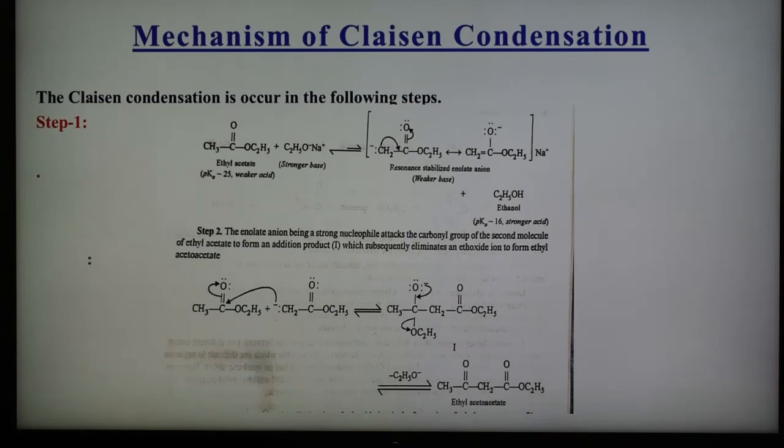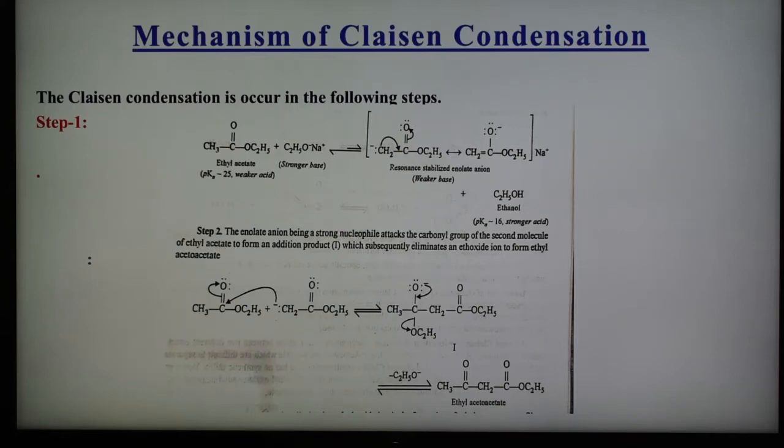So we can say that the driving force for the elimination of ethoxide ion is the formation of ethyl acetoacetate. Since ethyl acetoacetate is a stronger acid than ethanol, it immediately reacts with the ethoxide ion, forming the resonance stabilized enolate anion. And now, as we know, these are the two steps of the mechanism of the Claisen condensation, and it is also the greater stability of the enolate anion which displaces the equilibrium.